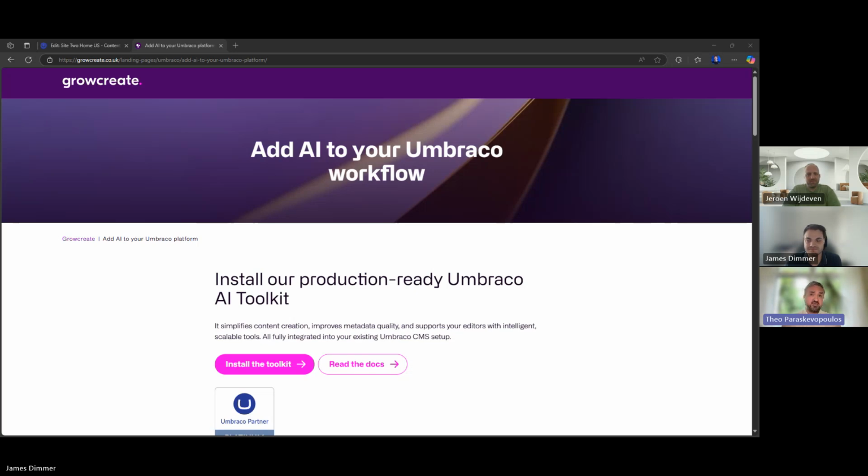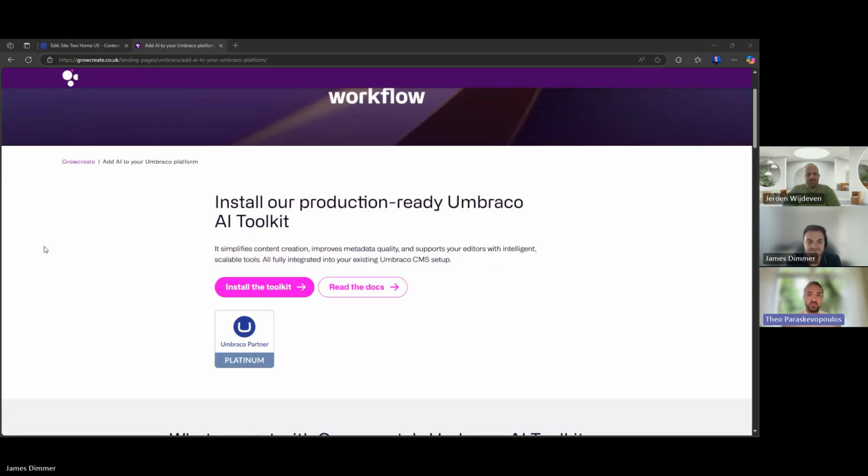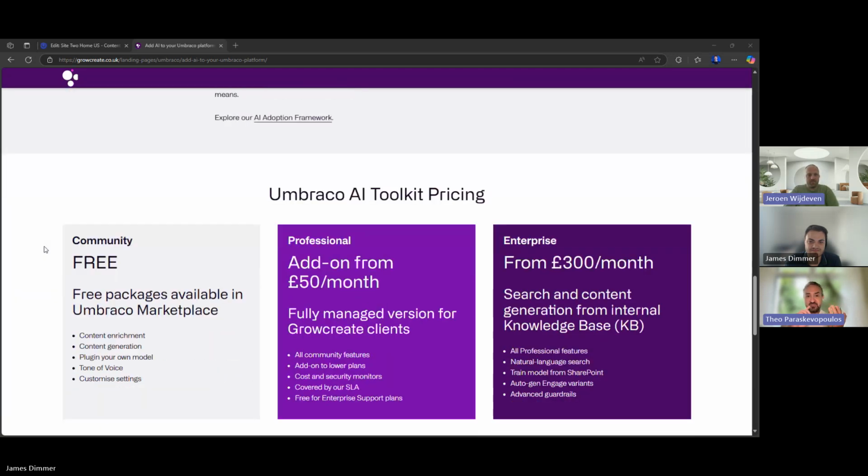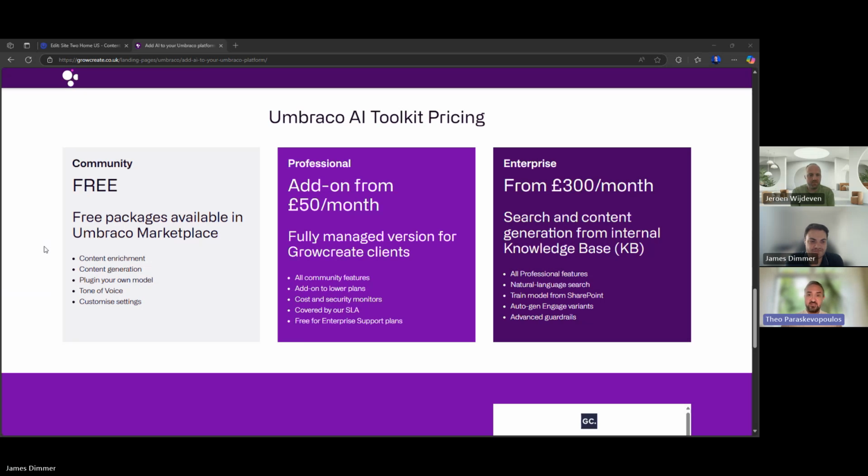Just to reiterate some key points over here. The AI Toolkit is available now in the Umbraco marketplace and as a NuGet package. There are 3 plans that we made available. There's a community version, which is free, and you can install and download now and link it up to your own Azure account. The professional version, which is a fully managed service subscription, and it's free for our support clients. And there's an enterprise version, which is a bit more expensive, and it comes with advanced features in terms of training the model onto your own proprietary corpus, content, and creating natural language search, bulk content generation, and a whole lot of other advanced things.